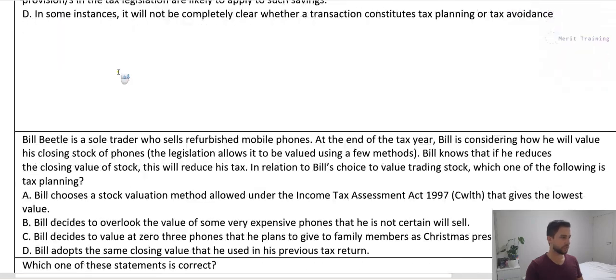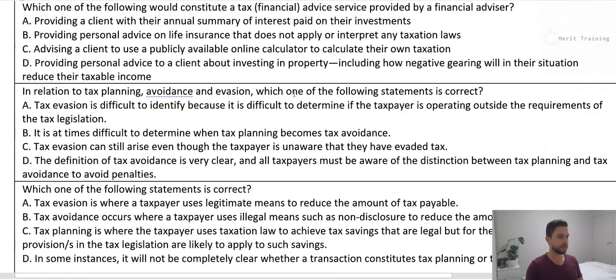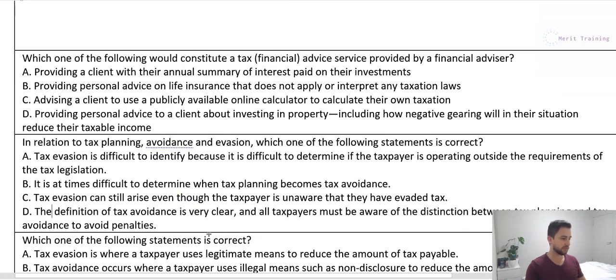Okay, next question is, in relation to tax planning, avoidance, and evasion, which one of the following statements is correct? A, tax evasion is difficult to identify because it is difficult to determine if the taxpayer is operating outside the requirements of the tax legislation. B, it is at times difficult to determine whether tax planning becomes tax avoidance. C, tax evasion still arises even though the taxpayer is unaware that they have evaded tax. Or D, the definition of tax avoidance is very clear and all taxpayers must be aware of the distinction between tax planning and tax avoidance to avoid penalties. Okay, so